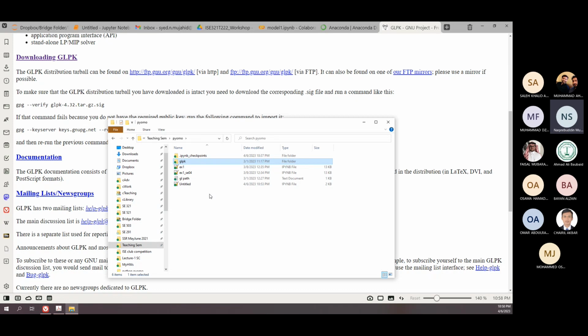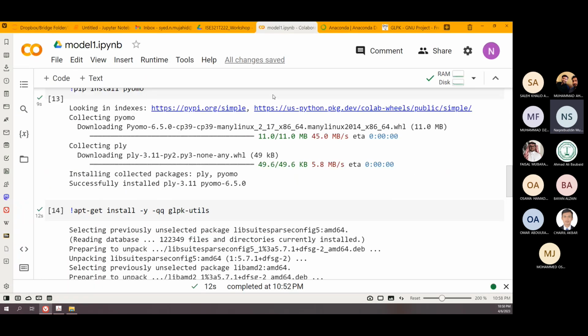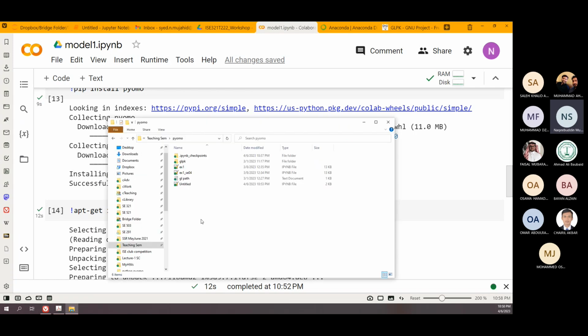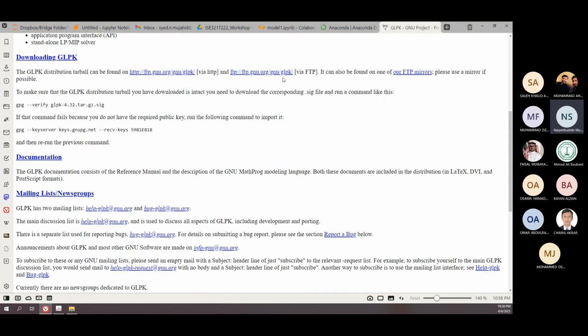And it could be a different style on Macintosh, and I'm not a user of Macintosh, so I cannot help those guys. That's why I prefer to use something like this, so that everybody will be on the same page. Okay, but on a Windows machine, if you want to use GLPK, just go to the GLPK web page,